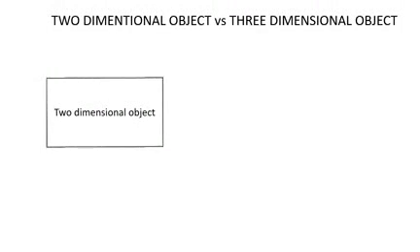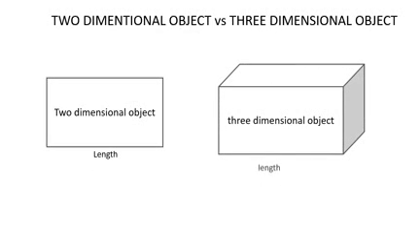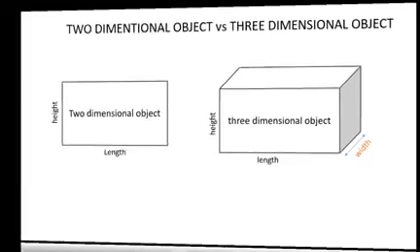Now, two-dimensional objects and three-dimensional objects have length and height. Both of them have length and height. But three-dimensional objects have another feature that is not present in two-dimensional objects. This feature is called the width. As we can see,